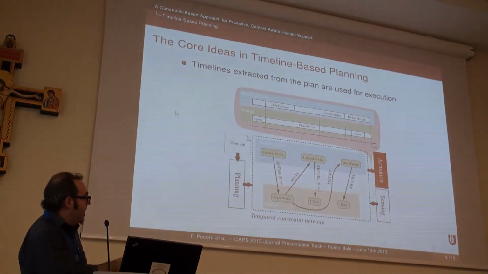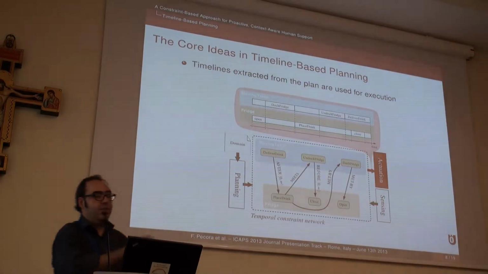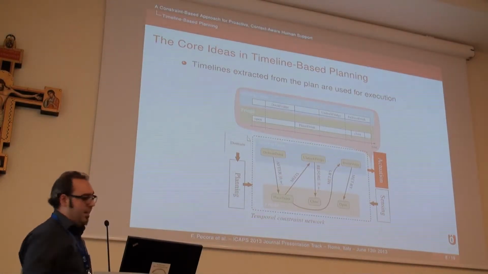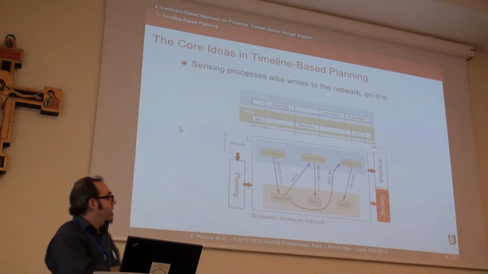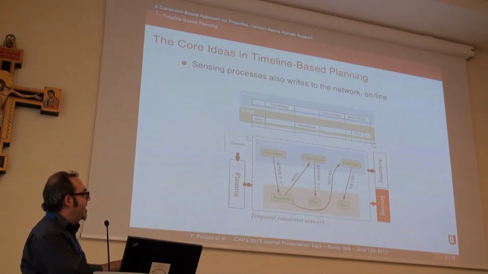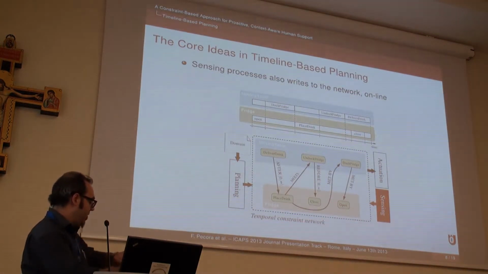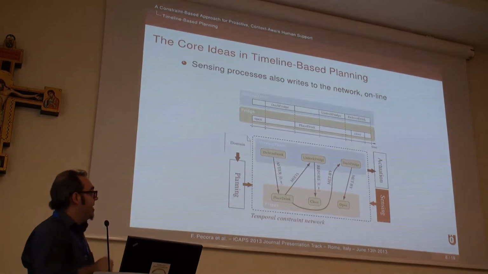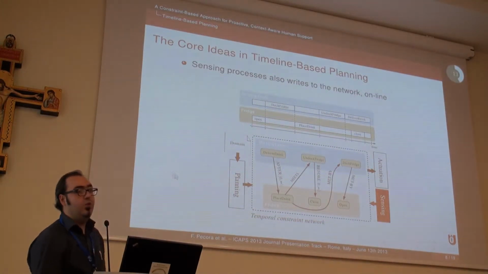Essentially, timeline-based planning is a series of processes operating around temporal constraint networks. The first one being planning using a domain, such as the one I showed you earlier. Timelines are extracted from the temporal network thereby obtained, and these are used by actuation to actually deploy tasks. And what's interesting is that with timeline-based planning, it's pretty easy to do things online because you can add to this a sensing process that models sensor information in the form of tokens and temporal constraints inside this temporal constraint network, and thereby essentially closing the loop around sensing.